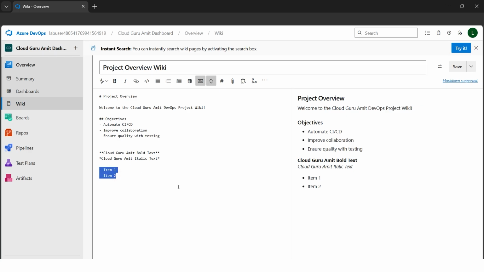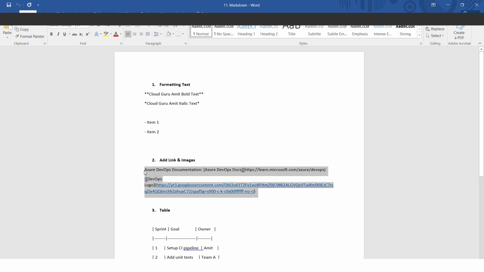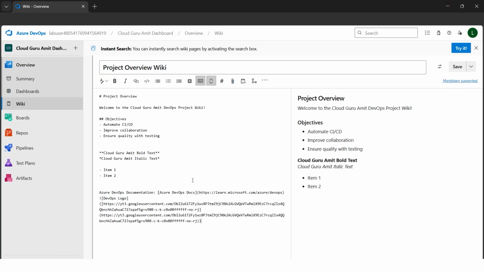Now let's do some other interesting things, because these are just the basics. We are just getting started with Markdown. Now let's say I want to add links and images. How will I do it? I am here on my homework I've done. Let's simply paste this, and there we go. So here we can see